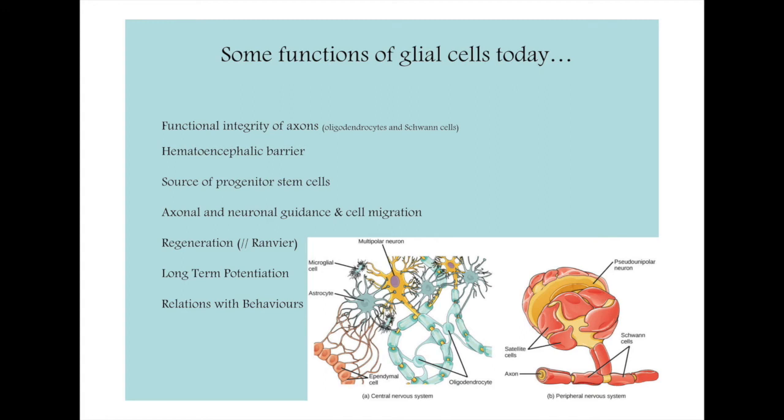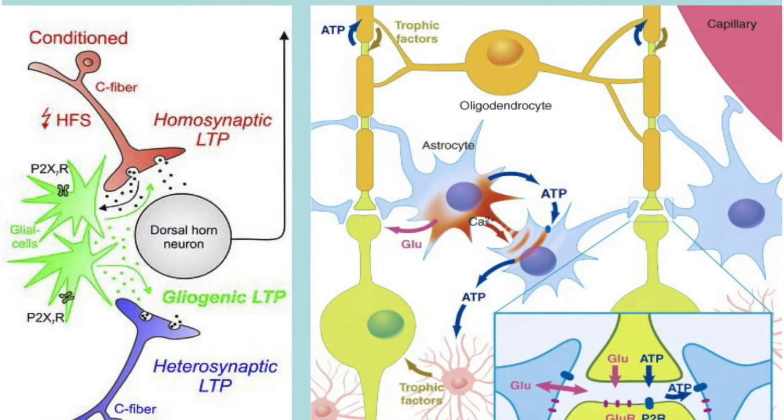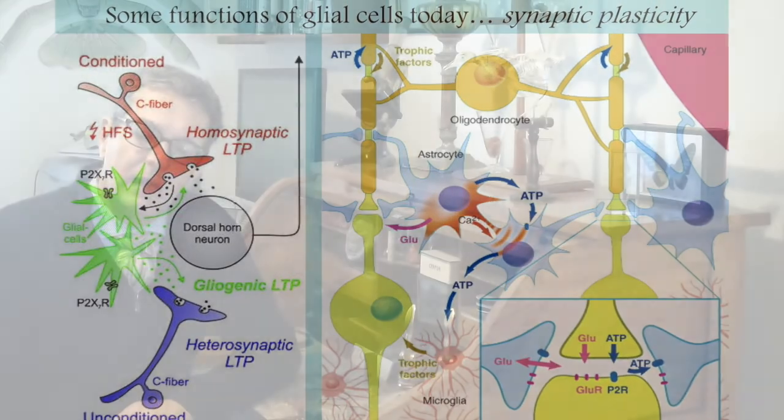Today, molecular analysis shows new roles of glial cells in maintaining the functional integrity of axons, in preserving the hematoencephalic barrier, and many other phenomena, including cellular metabolism and glial cell neuron interaction, metabolic interaction, pathological processes, and neuronal plasticity. As you see from such studies, glial cells and neurons are so closely interconnected in different ways that probably new functions of glial cells will be discovered and differentiated among different classes of glial cells in the brain.